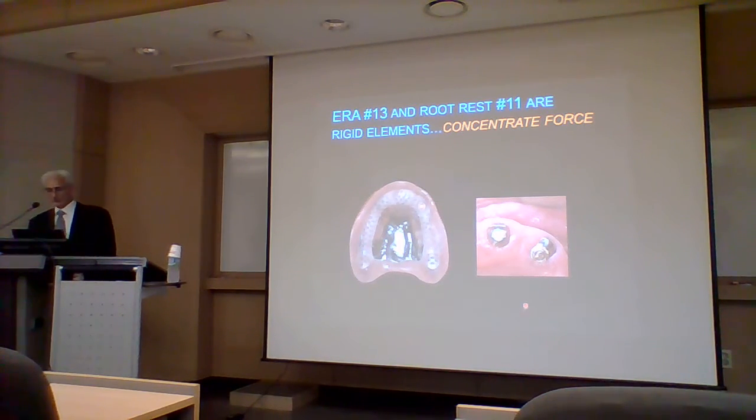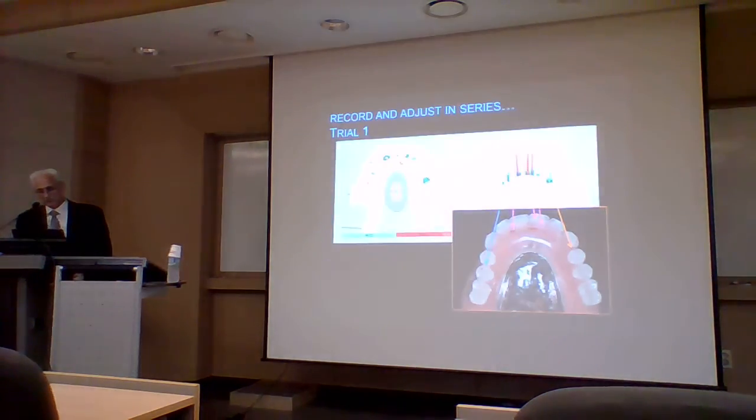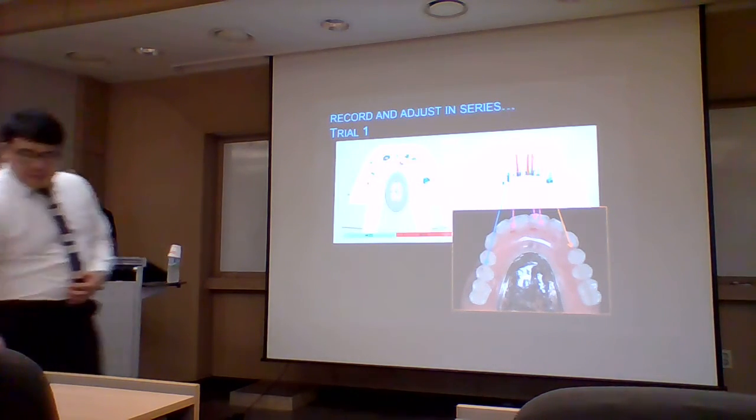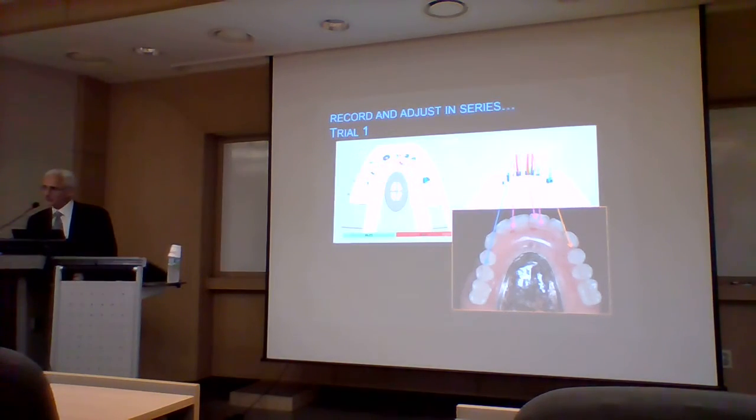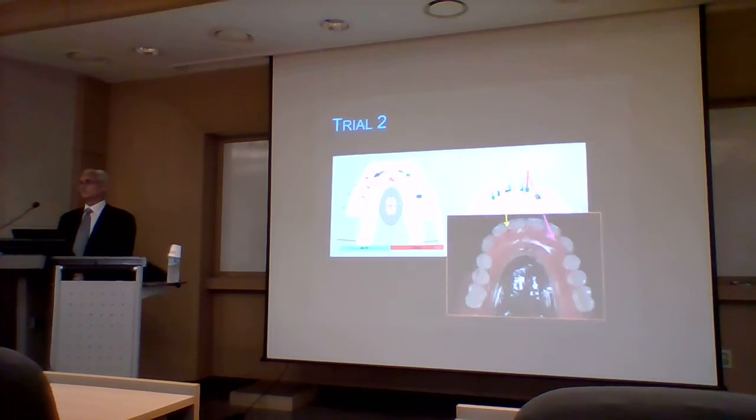So when you use the T-scan and you're installing this, you work in series. So you record and then you match the data to the carbon paper marks and then you adjust and then you re-record and you match the carbon paper marks and you adjust and you re-record until you have a good end result. 그래서 그것도 사실 고민이긴 한데,